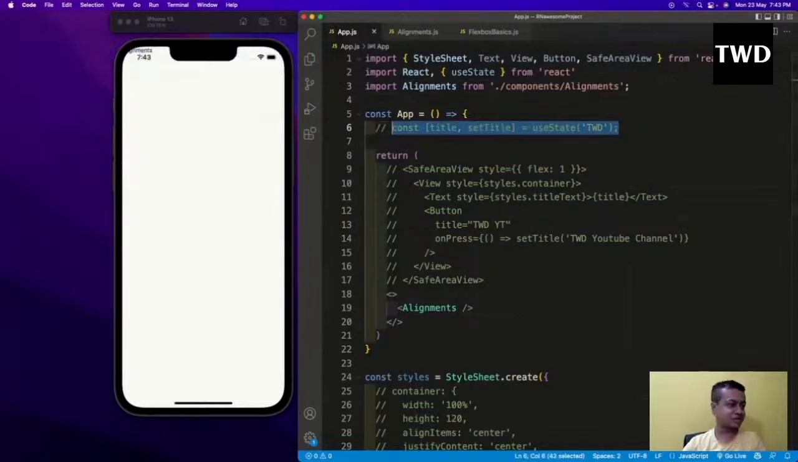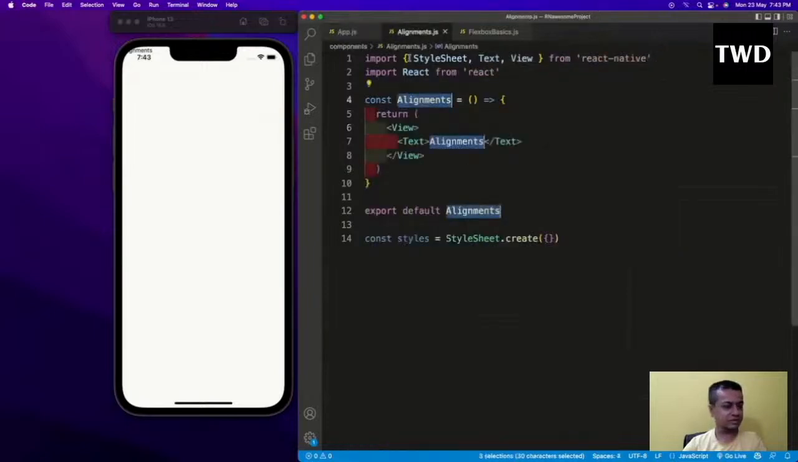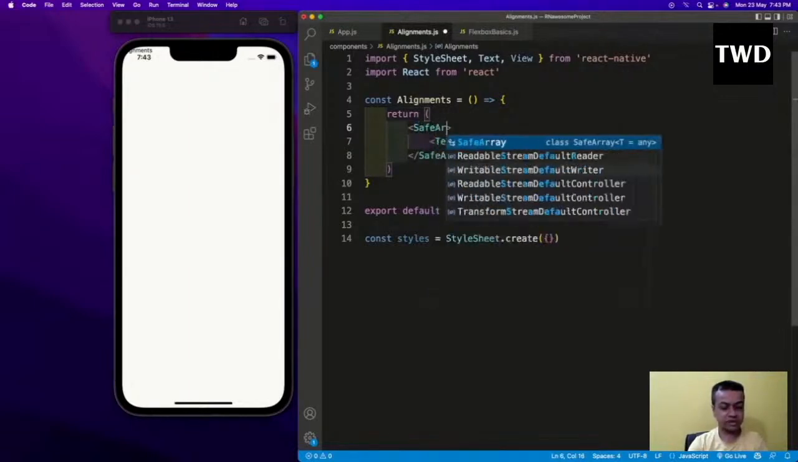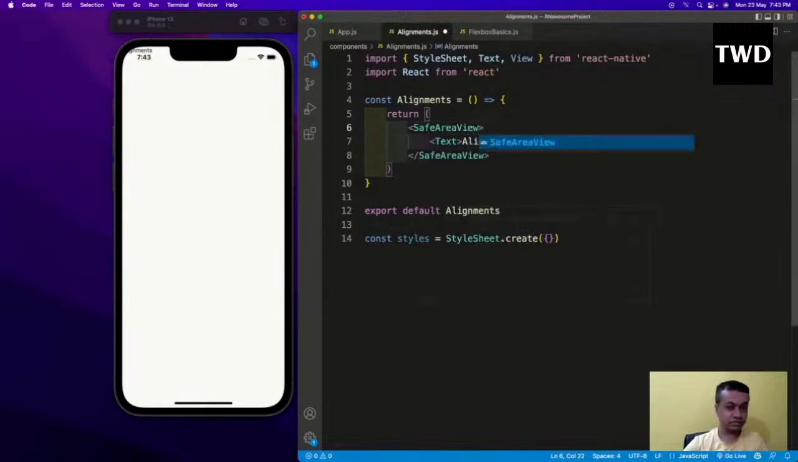So alignments, anyways it is going outside, so let us use the alignments. Here we'll go to this alignments, and here we are going to have a safe area view first, and then safe area view, and then we are going to have this view. Then after that we'll have this view,